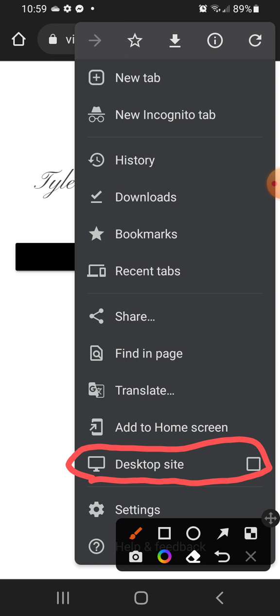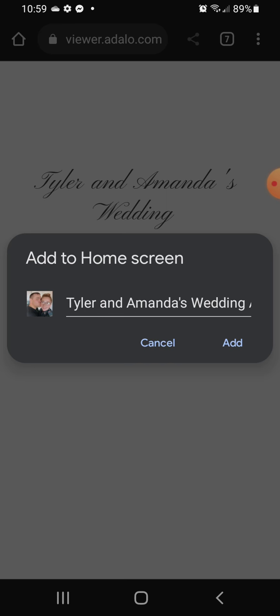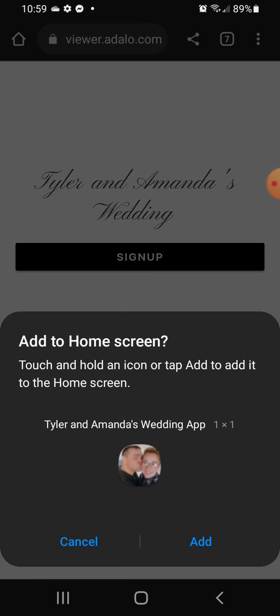Or you can also add it. This is how you put it as an app on your phone right there. Okay. So close that off. We're going to go to add to home screen. See, it's going to show an icon there. And then you add it